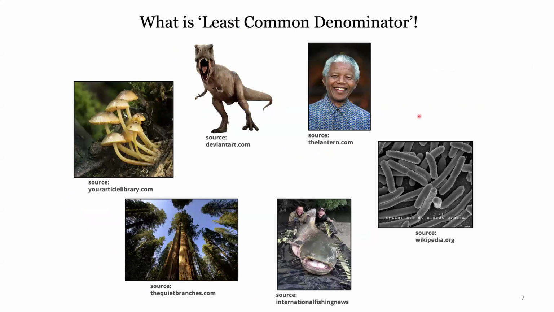And this is why one of the interesting ways of trying to understand how life might have come about from the fundamental molecules is to ask, what is the least common denominator of all life, right from a human to a single cell entity, to a plant, to a mushroom, to a catfish, to T-Rex? Basically, it's cells.